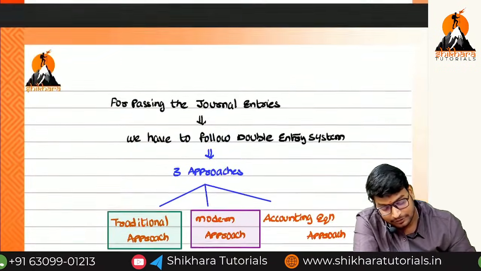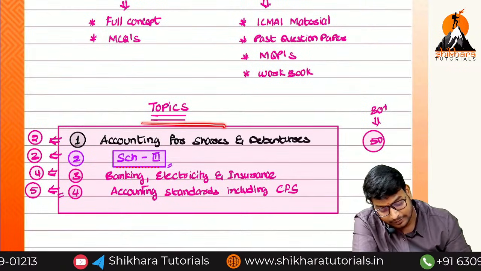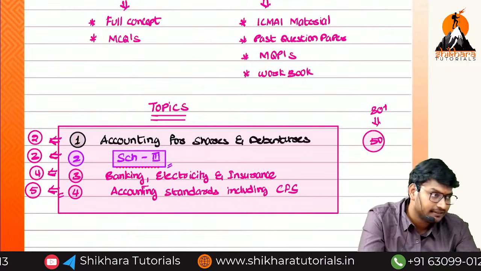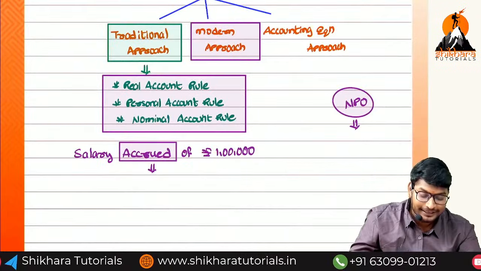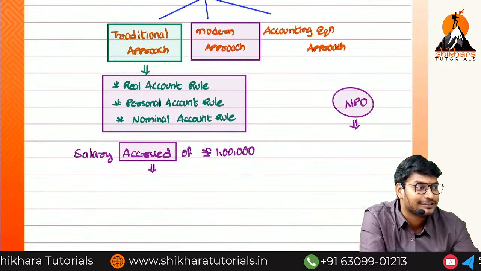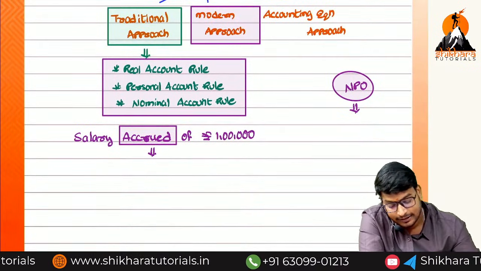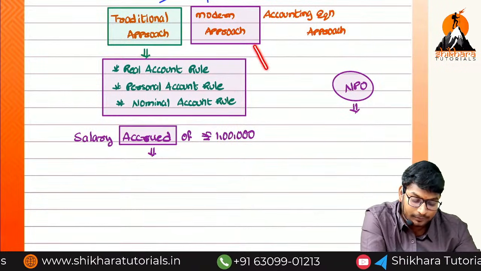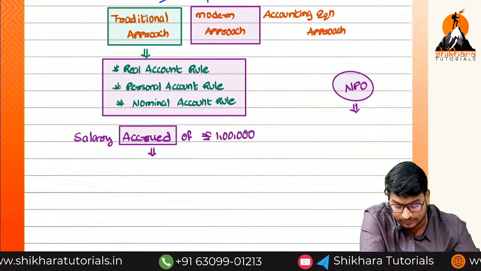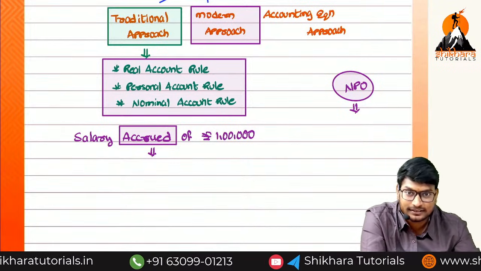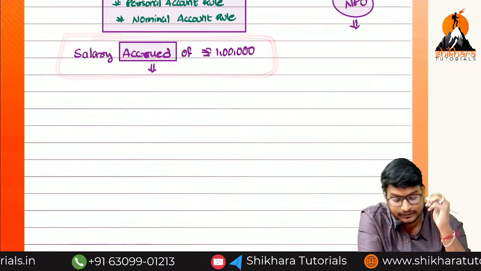Okay. We have to learn the journal entries once again. Why, sir? Because in order to understand this one, we have to learn certain journal entries. That is the reason I am asking. Okay, now, don't keep the myth like that. Why do these accounting faculties always focus on entries, and always focus on personal account, real account? That is the reason I will remove these rules. I will implement a good modern approach into your heads. That is a simple approach, but I will discuss that approach in the next class. But what I am saying is, think from the traditional approach point of view and say salary, outstanding,